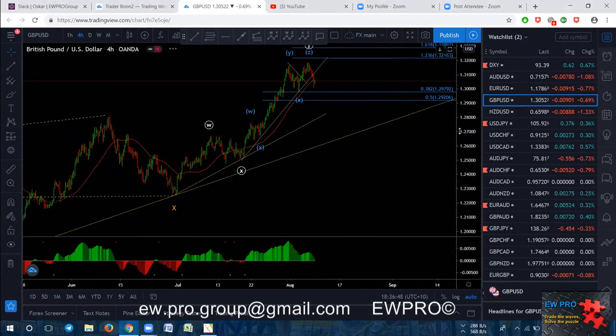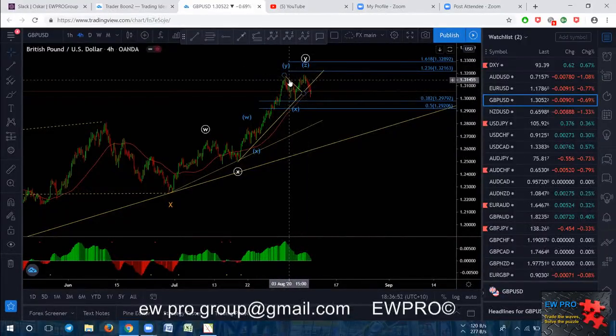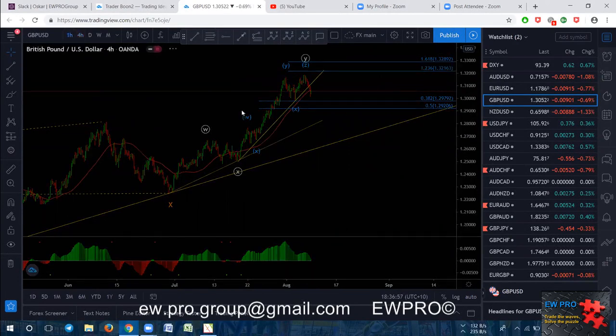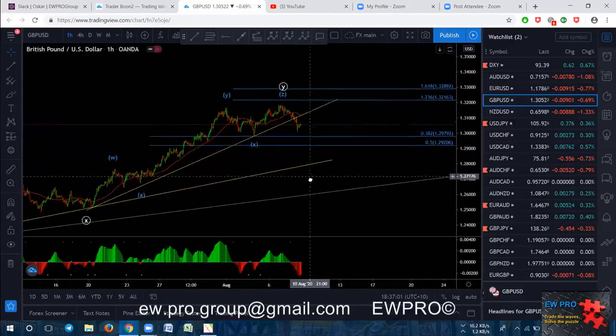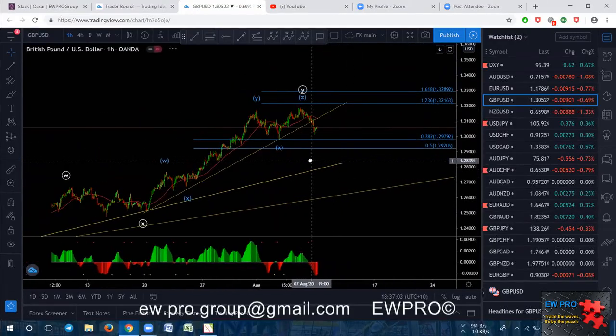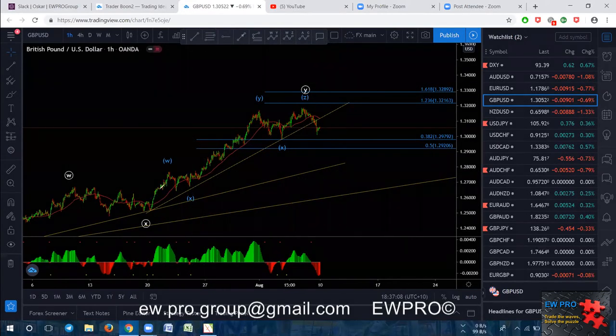GU, again, we're getting some sort of a flat. This definitely can be a flat in here. If we go down on the H1, this one's actually broken the top on the H1. So we got a W, X, Y, X, Z, giving us bearish divergence, and we've got a trend line break. So this one here, you can look for that sell,